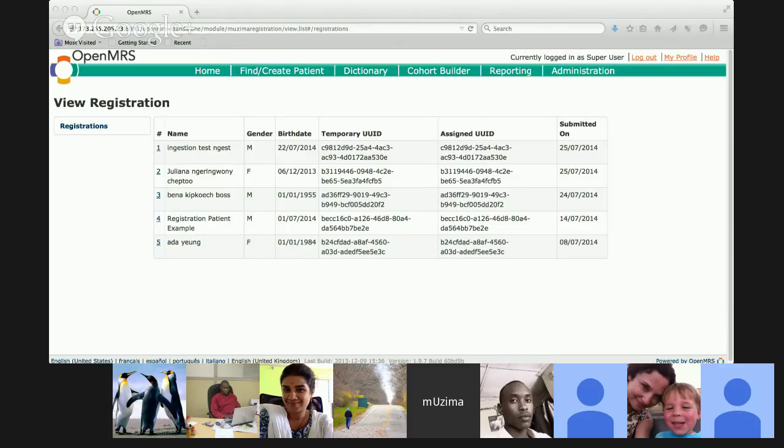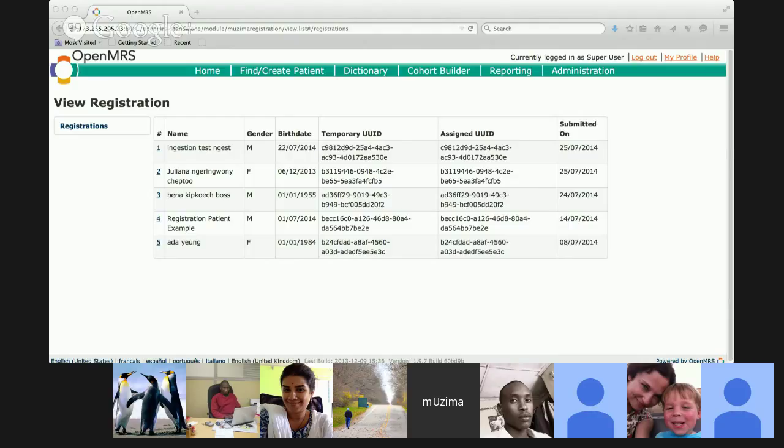Probably what you mean is, once a patient is created on the device side, for the entire lifespan they run on the temporary UUID, and all encounters are captured through the temporary UUID and submitted. So once it gets here, it's paired up to the assigned UUID, which could be the same or different depending on whether they exist or not, and how the encounter is processed. I don't know if I'm getting that right. It's close, I think.